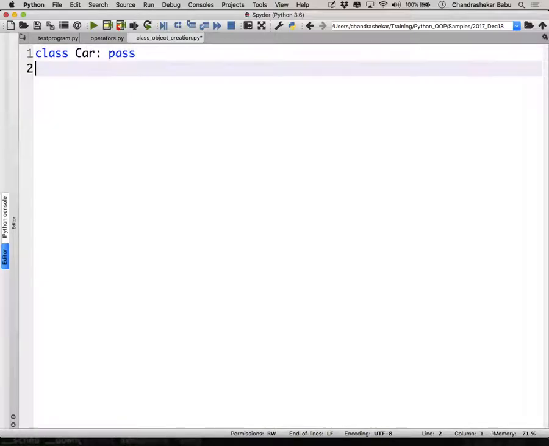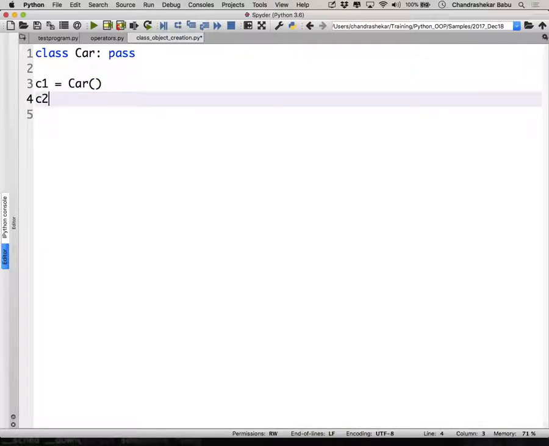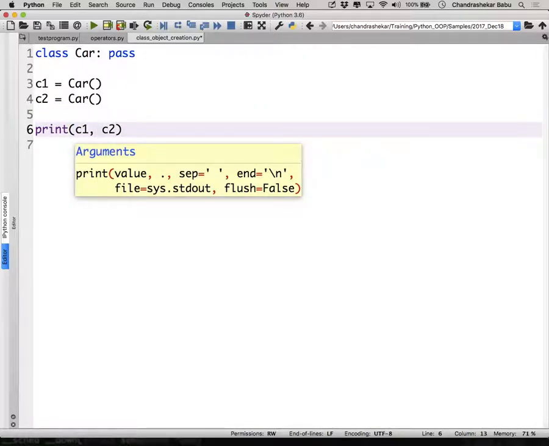I'll say pass. I create an empty class. When I say pass, I mean the class body is empty. I create a class which has no ingredients inside it, an empty body. Okay. c1 is equal to car, c2 is equal to car. I'll say print c1, c2.